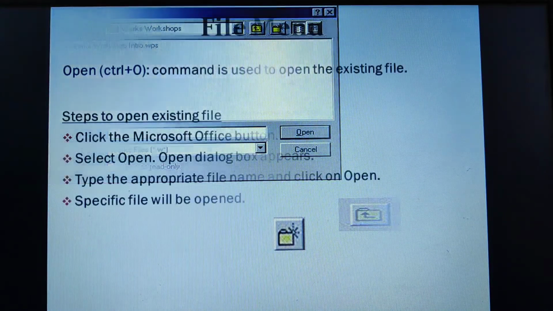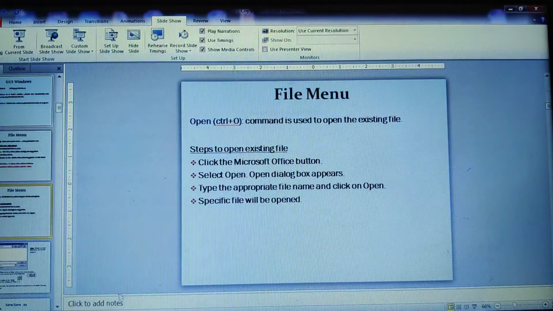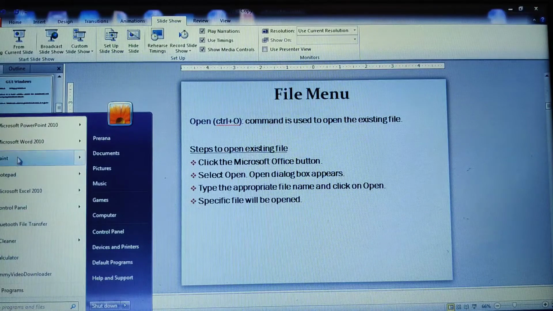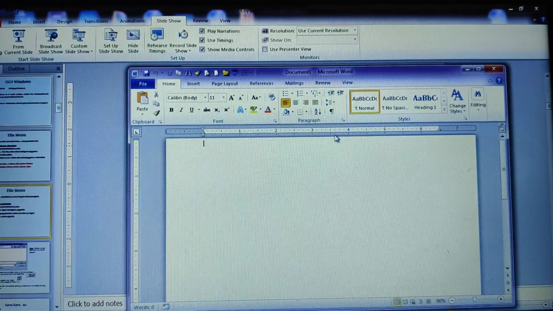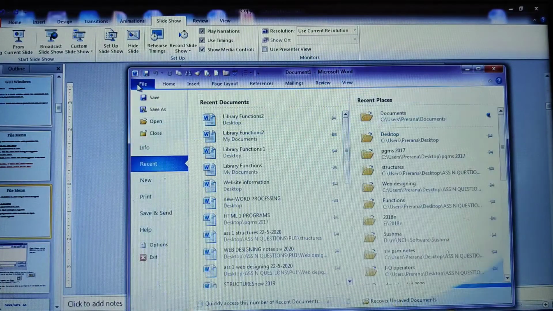Before we move on to the next slide, I'll take one Word document here. First I'll show you how to create a blank document. Think that I already have this existing document, document one here. I'll go for the File menu here. See, I don't have an Office button here. 2010 doesn't have a Microsoft Office button. In the previous slide, what I showed was the MS icon where you can click and have all these options. Now in 2010, that kind of layout we don't have.